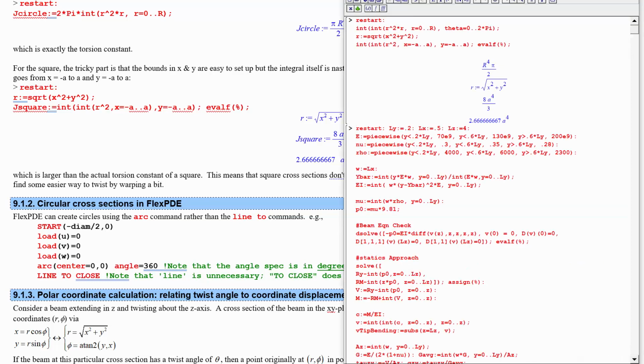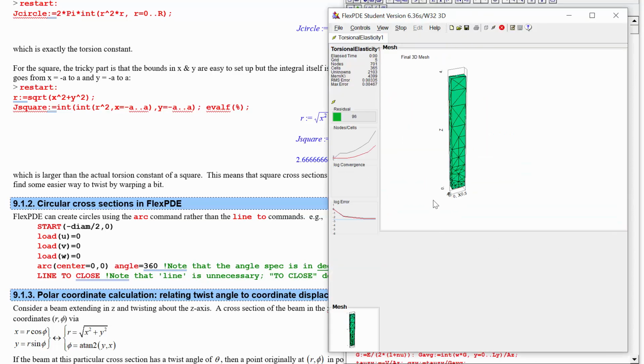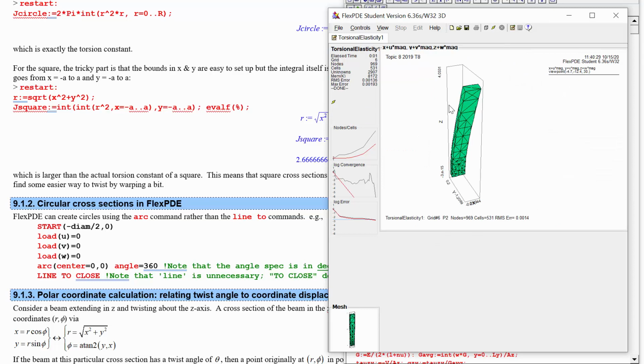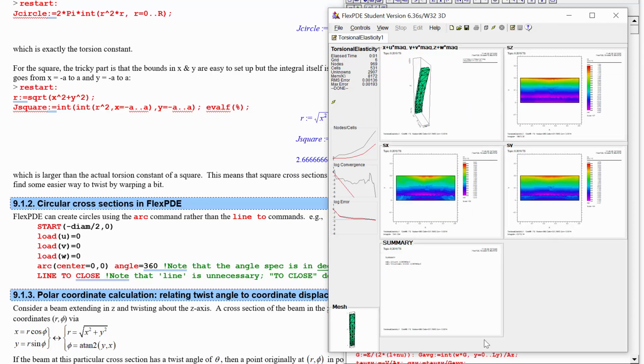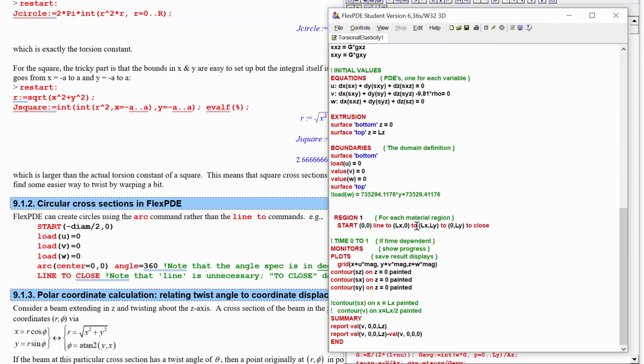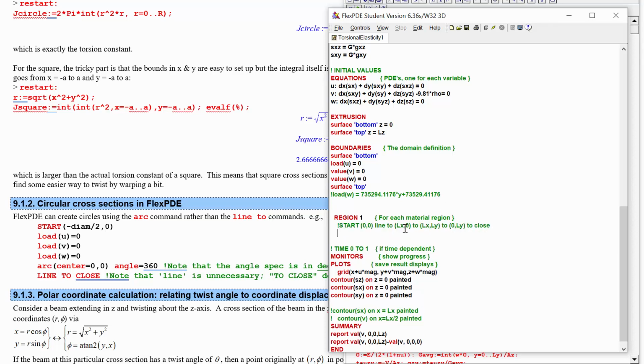So why don't we use the practice problem code from topic 8 that we did before, that was in the most recent video before this one, and modify it. So instead of this thing, we are going to have a circle. So we'll say start 0, 0. We don't need to apply any boundary conditions. We'll just leave it at the default load UVW is equal to 0. And then we'll say arc